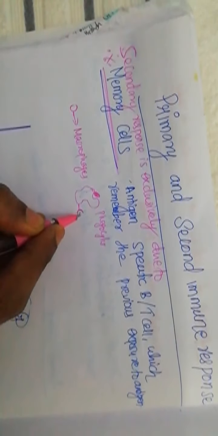What is that processing mechanism? Phagocytosis, wherein the phagosome fuses with the lysosome, digestion happens, and this large protein will be degraded into a small peptide. Once degraded into the peptide, within the macrophage itself, it will assemble with a protein receptor called the MHC. What is MHC? Major histocompatibility complex. Presentation happens.